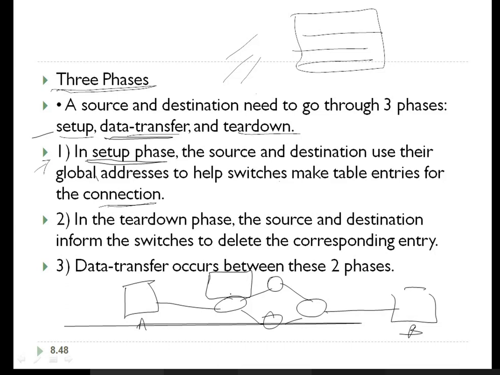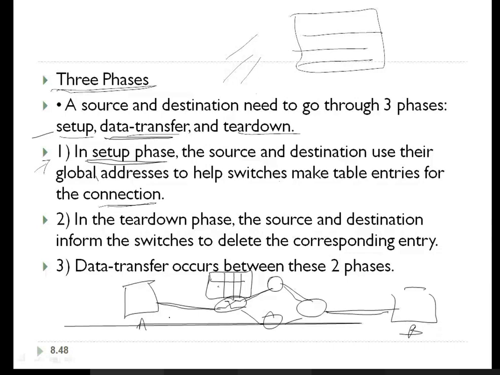Already there will be a routing table at the switch. To the same routing table, it is going to add the information. So in case the path setup is this way for the data transfer of a particular node, that information will be added into the routing table at the end of the setup phase. It will have the clear information that the data sent from A to B should go in this path, and that information is recorded.